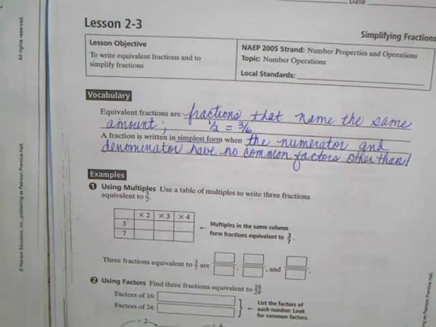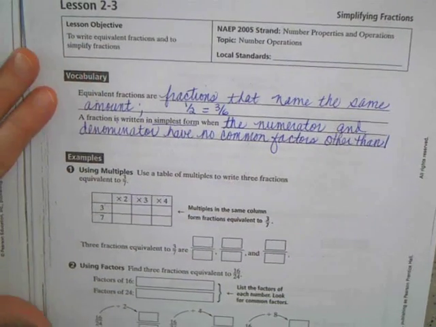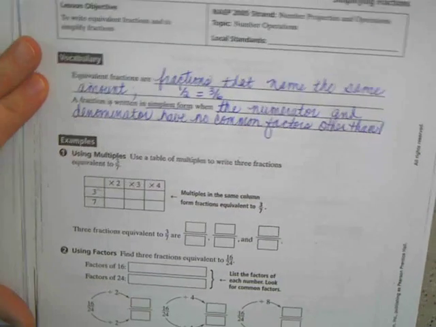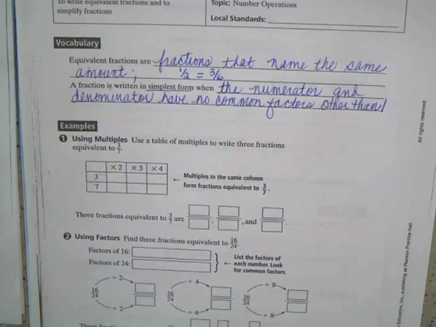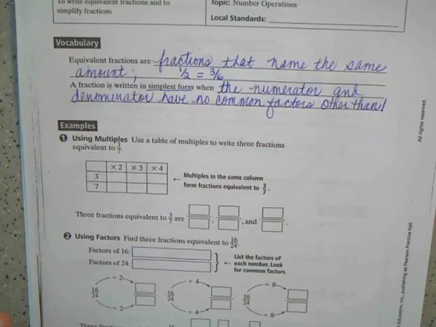Another way of saying that is that they would be relatively prime. So let's look at a couple of ways we can use multiples and factors to write some